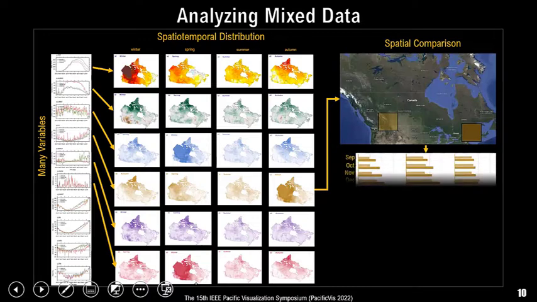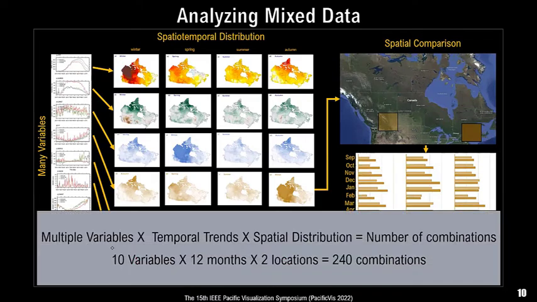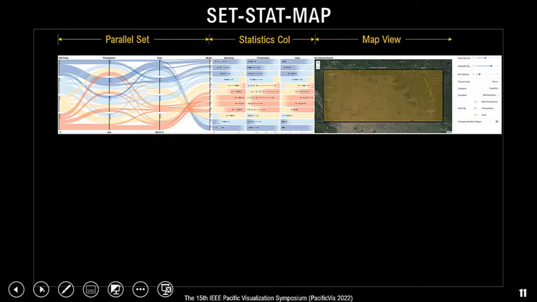Sometimes they also want to compare two locations for a single variable, or the distribution between a pair of variables over these two locations. Now, if you think about the number of combinations they need to analyze, it can become very large very quickly. Since parallel sets can visualize many combinations of sets, this motivated us to extend parallel sets to propose SETSTATMAP. The SETSTATMAP that we propose here contains a parallel set view, a statistics column view, a map view,